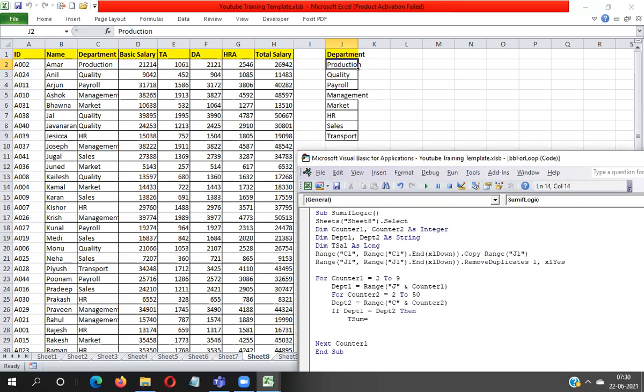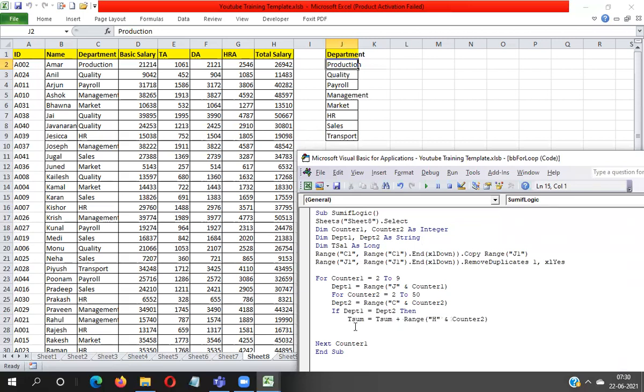So I have to write here T sum plus. So I have to take data from H column. So H column data you need to aggregate. So I'm going to write here counter 2. Now salary will be aggregated on the basis of department into T sum variable.